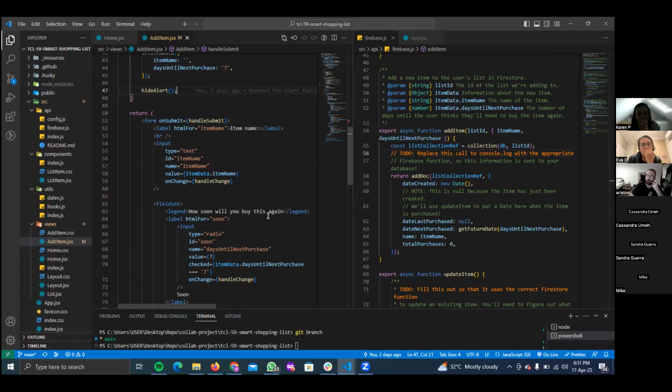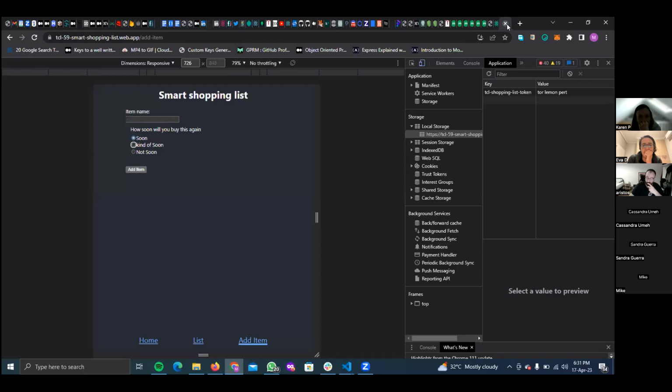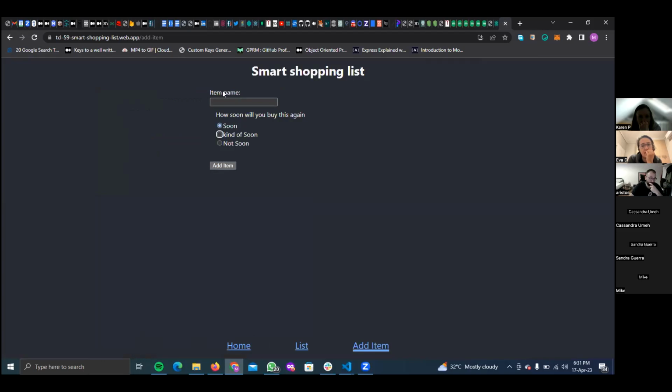Alternatively we can use a placeholder, but another use case for the label is that if we go to the project and we click on this item name, then it automatically focuses the keyboard inside the input field.